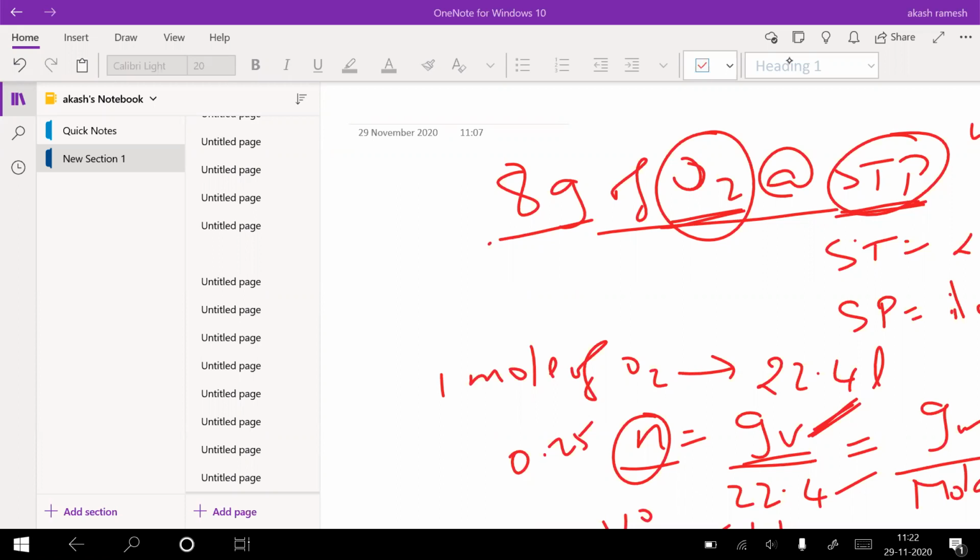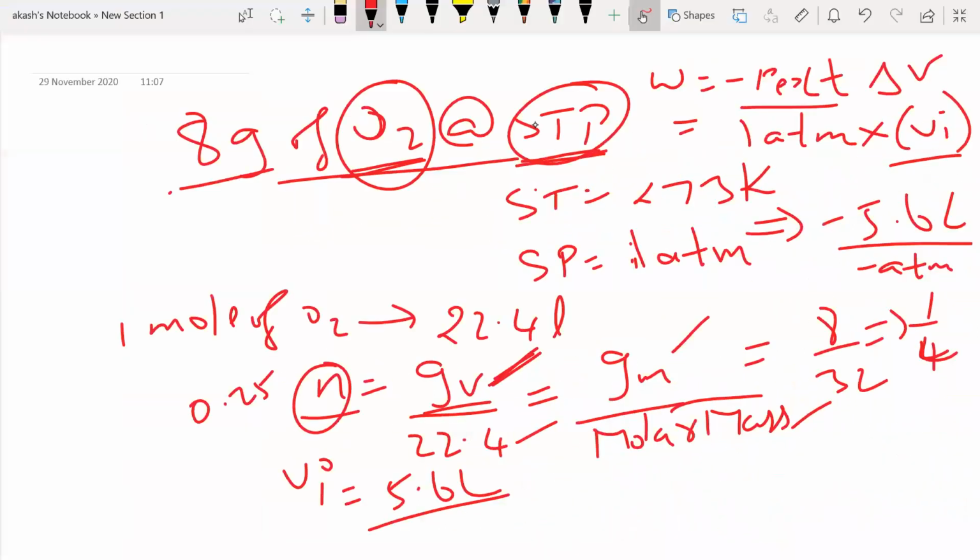If you do not see the statement, you have a natural tendency to go for the formula W = -2.303 nRT log(V2/V1). All the values are given: temperature, R value, number of moles. So that formula exactly fits this description. But you should go for the irreversible case because it's given under constant external pressure. So you just have to use -P external ΔV only, not the other formula. The other formula is only for reversible. Be very, very careful in using the formulas.